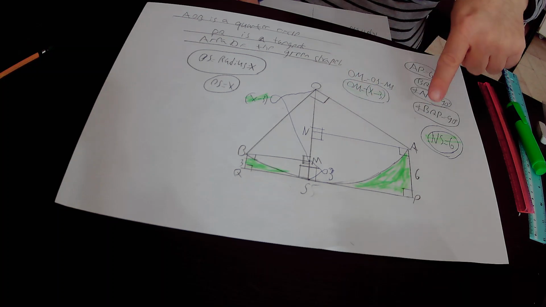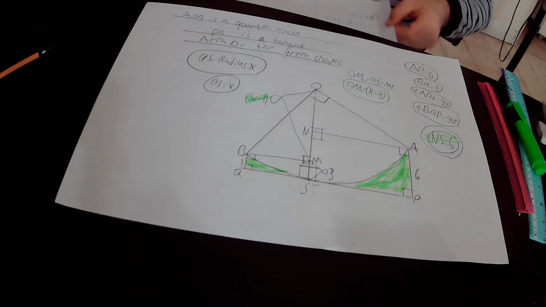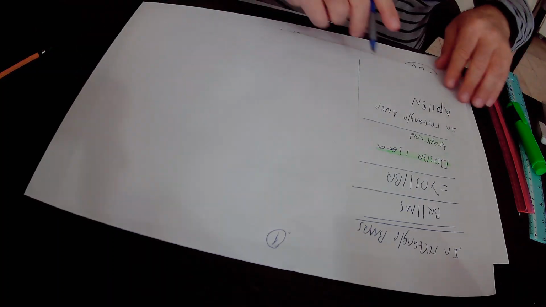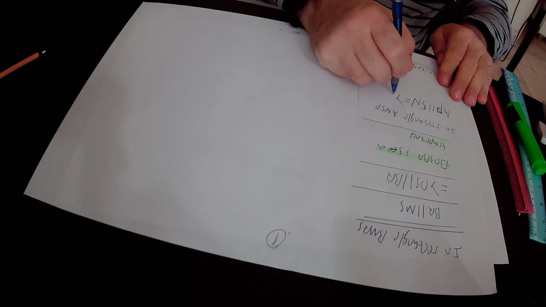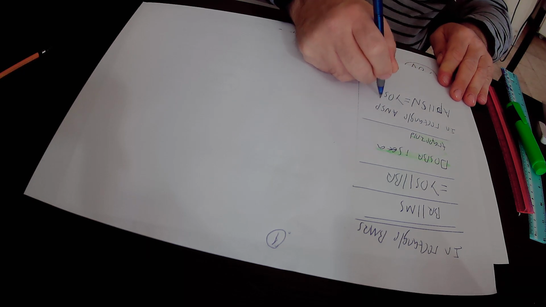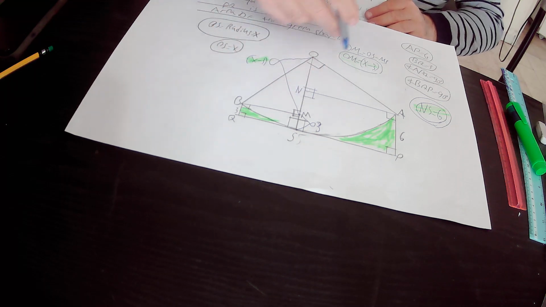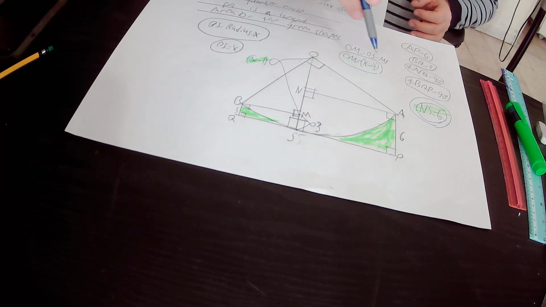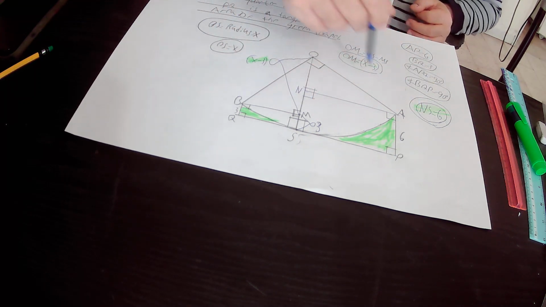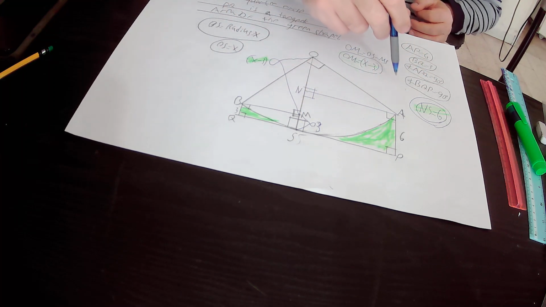So OS must also be parallel to AP. Again, OS is parallel to AP, therefore in quadrilateral OSPA, side OS is parallel to side AP,